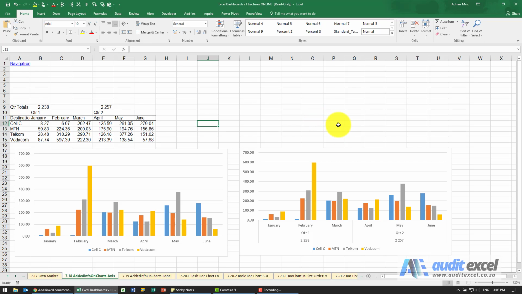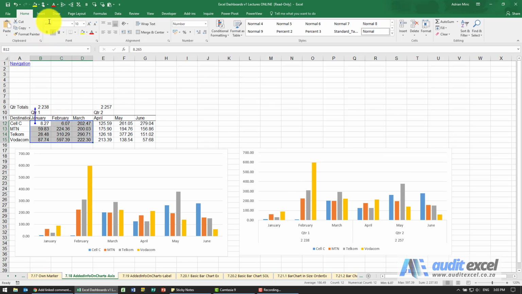It is possible in charts to add additional information into the axes. So for example, here we have a very plain chart, January, February, March, etc. But we can actually set it up so that joining together January, February, March is firstly the word quarter one, and then secondly it adds a value. So in this case what it is it takes this information, and you'll see this is an addition of all